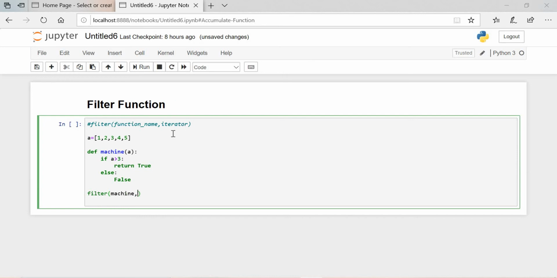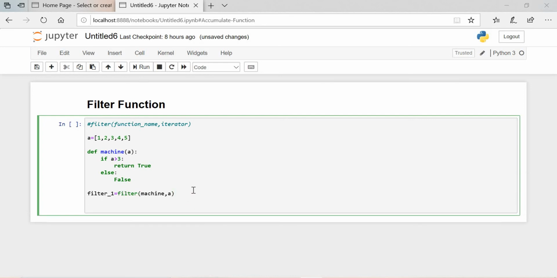Then what we have to pass is the iterator, that is the list. We'll pass that list a. So we'll store this in, let's say, filter underscore one, we'll give this name. Then simply we'll print filter underscore one.